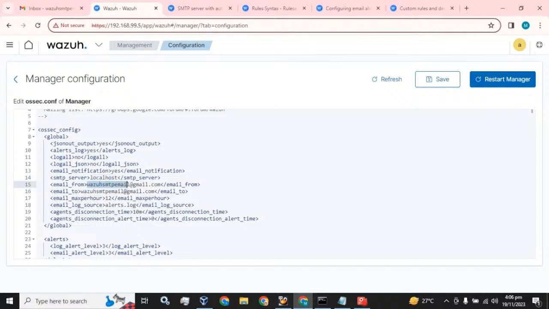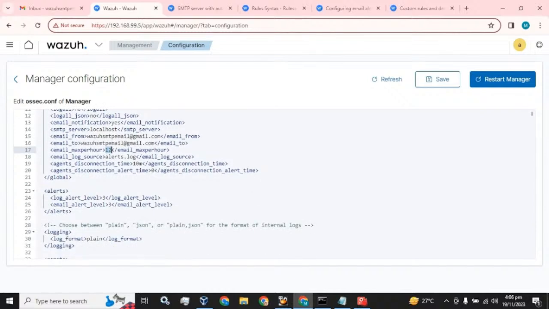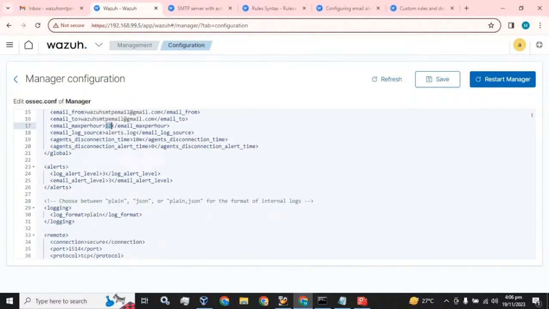I have configured this email to send the email, and I have tested the same with this email to receive the email alerts. You can paste any email address over here that you want to receive the email alerts on. Number of email alerts per hour, we will increase this to 40, 50, 100, 500, 400. I have already told you in my previous video. And